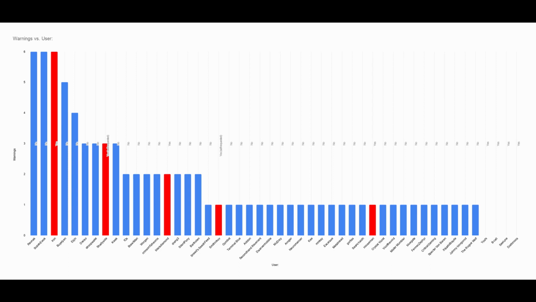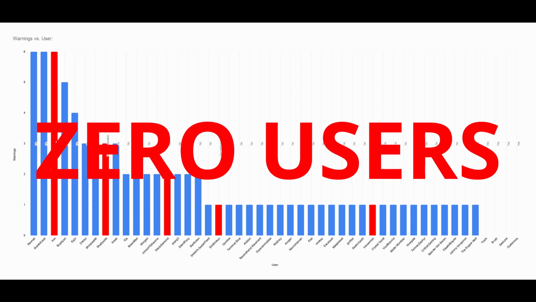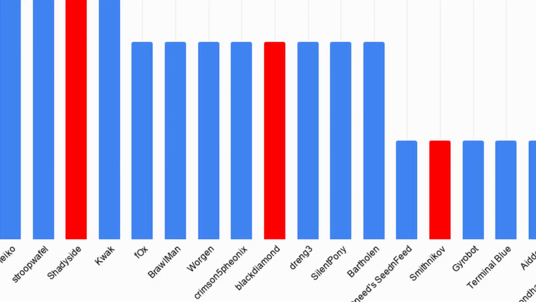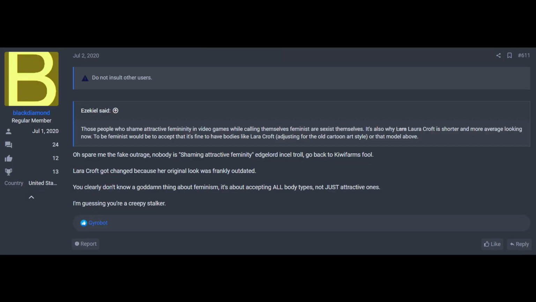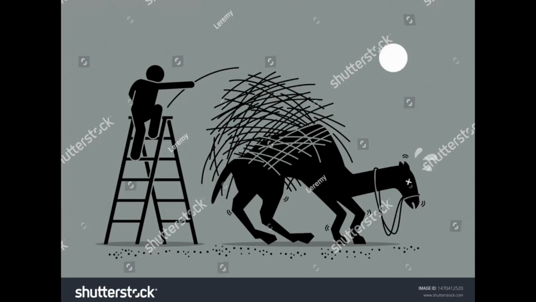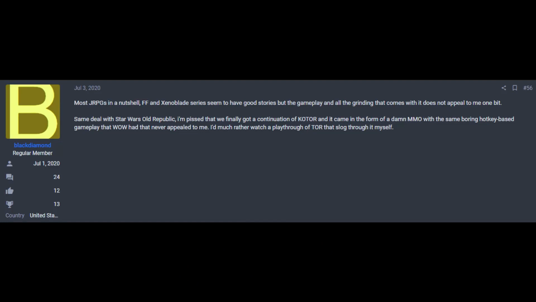It tells us that 0 users on this graph have been banned by the book, according to the rules. Black Diamond's bar is the closest to what we would expect to see if it were done by the book. His first strike is just a warning, his second might have come with a suspension, and then his third, which wouldn't have been shown in this graph, would result in a permaban. However, looking more closely at his posts, he only made 1 post after the one that got him his second warning, and that one other post has nothing objectionable in it,